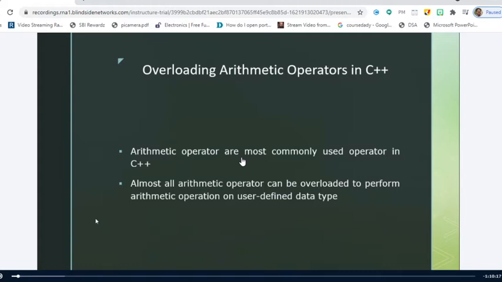Yes, sir. In today's session, we'll continue the concept of operator overloading. We'll try to give a lot of examples and I will explain it with programming examples also.